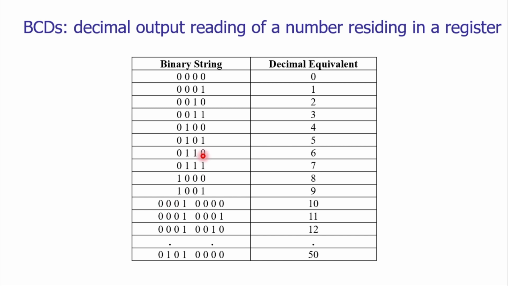So here you can see that from 0 to 9 only one register is sufficient, but for 2 digits we may need 2 different registers. The first register will store 0001, the binary representation of the digit 1, and for 0 there would be another register. So these two registers can be utilized to represent a decimal number.